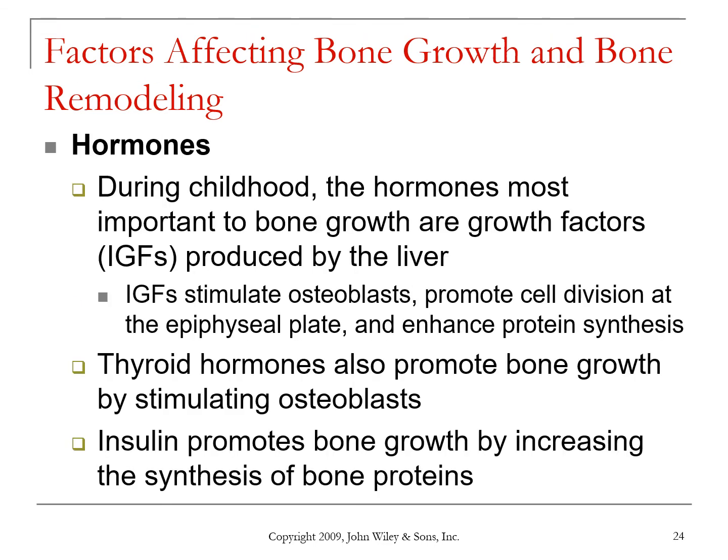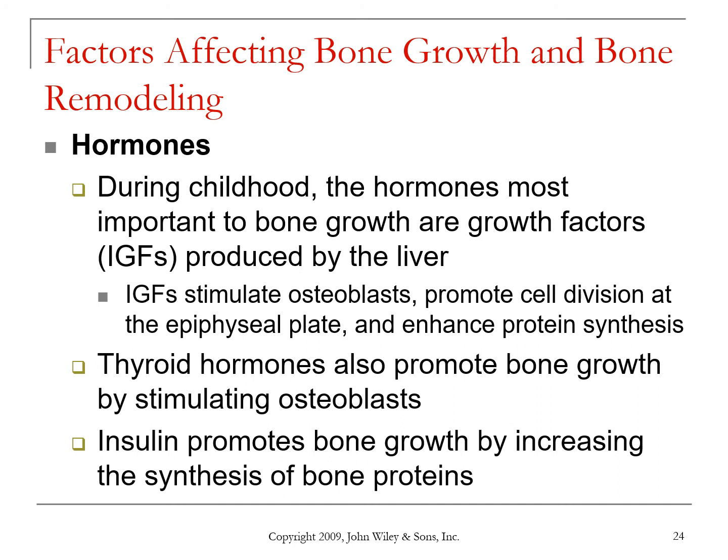Proper bone homeostasis also requires hormones. Now, during infancy and childhood, the hormones that are most important to bone growth are called insulin-like growth factors, IGFs, and these are produced mainly by the liver in response to the hormone, human growth hormone, from the anterior pituitary. So human growth hormone exerts its effects mainly through insulin-like growth factor with respect to growth,